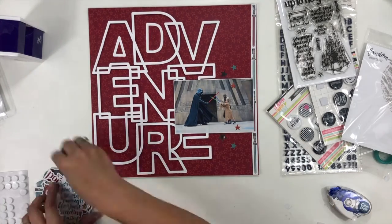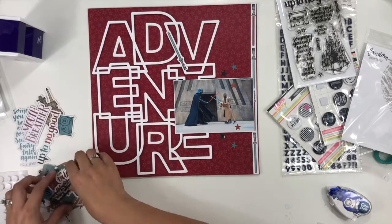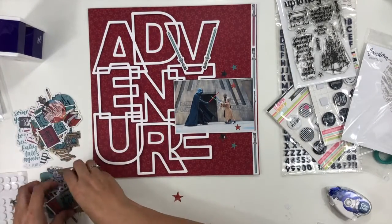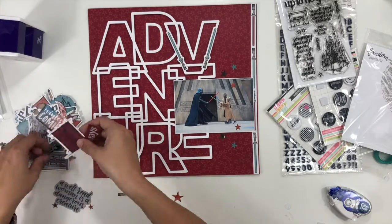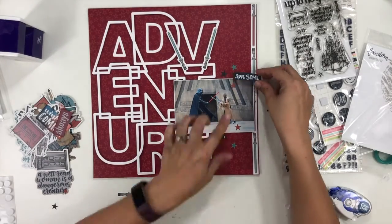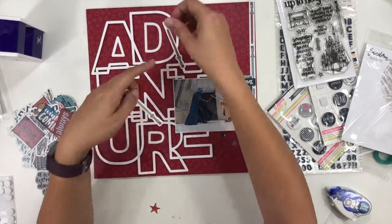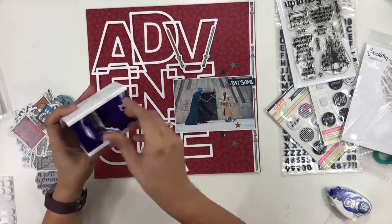Because there's a lot going on over on that left-hand side, I wanted to add some details so that you can really see my son. Because he's not in a bright color, he's in the Jedi training robes, he kind of gets lost. So the way I did that is I added this sprinkling of stars from the Fandom ephemera pack, also from Wild Whisper. Those are in a line right above and right below my son. And that's going to help make sure that you still look over there and you still see Ty doing his